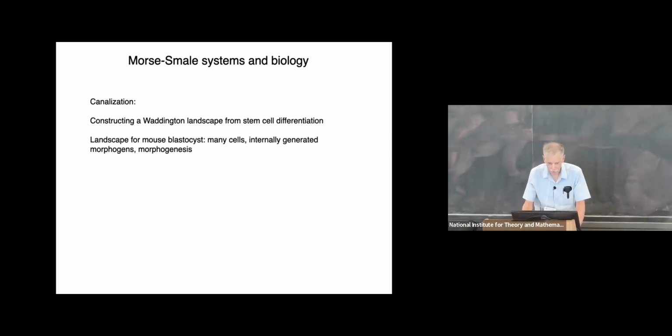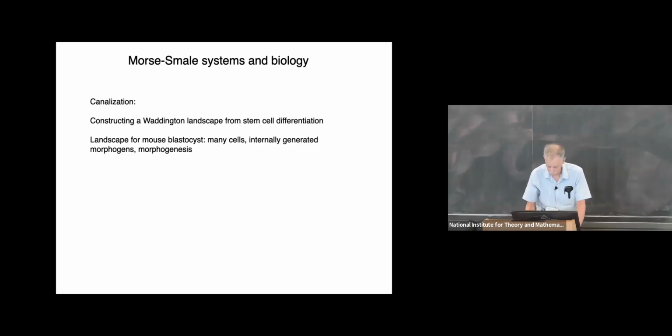Good. So I have elected to give a more mathematical talk than most here. So I'll talk about canalization. I will talk about a problem we have done, we being Dylan Sislow and myself, on constructing Waddington landscapes with stem cell differentiation. And then I will talk about a more challenging problem, which we're partway through, to look at the mouse blastocyst, a situation where there are many cells, there are internally generated morphogens, and of course, there's also